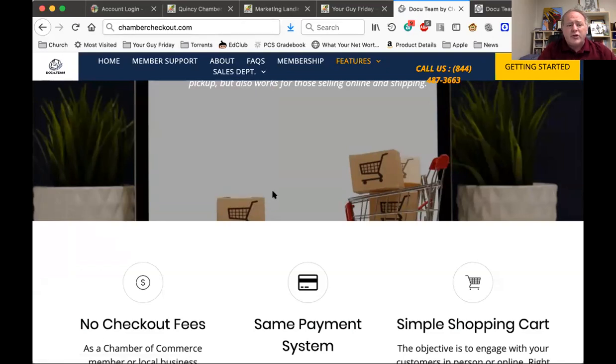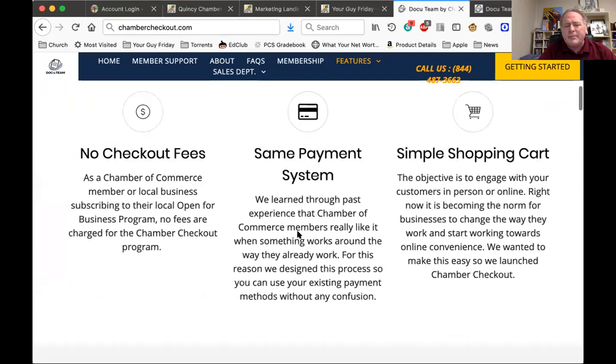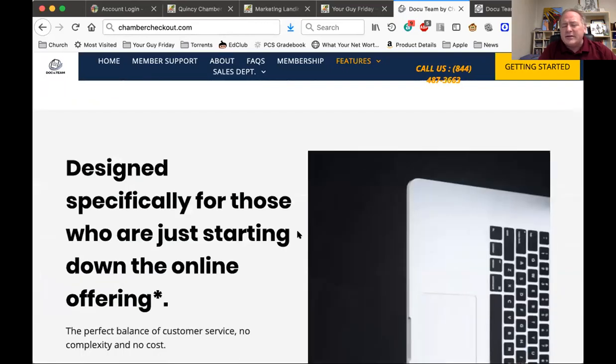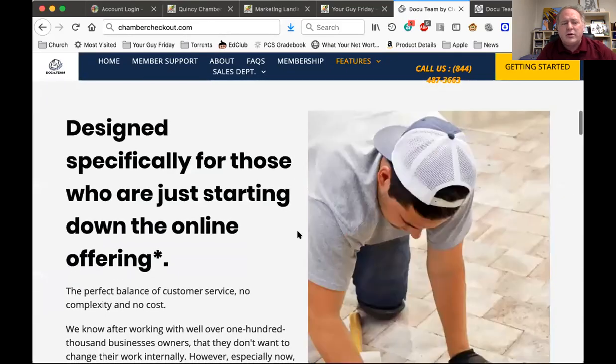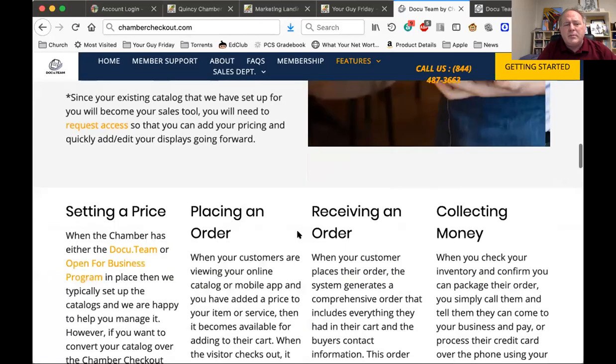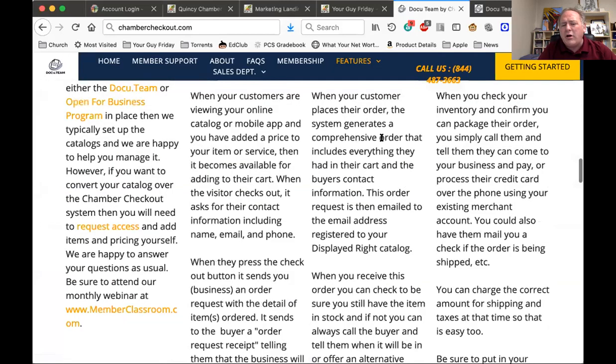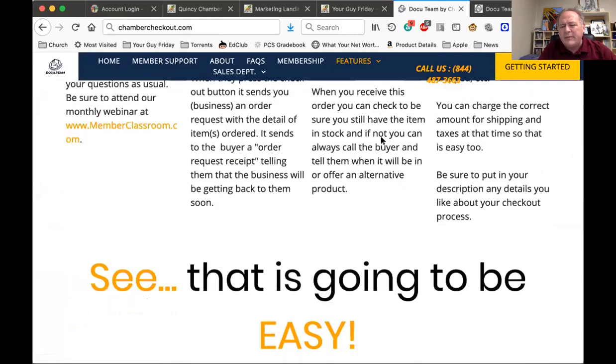And if you go to chambercheckout.com, it's going to explain, no checkout fees, same payment system, simple shopping cart. And again, it's going to give you all the information, and I know you can read, so I won't read all the information for you. But setting a price, placing an order, receiving an order, collecting money, all of this is described for you.